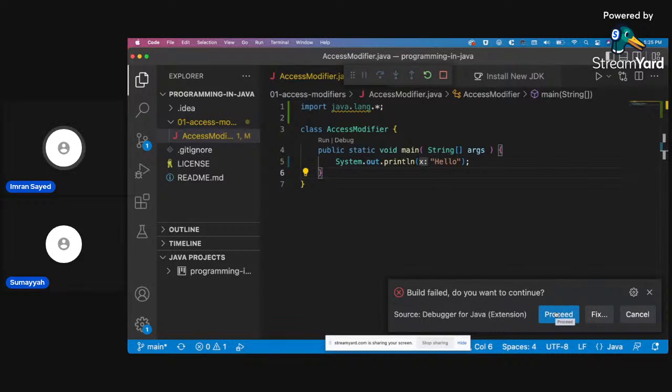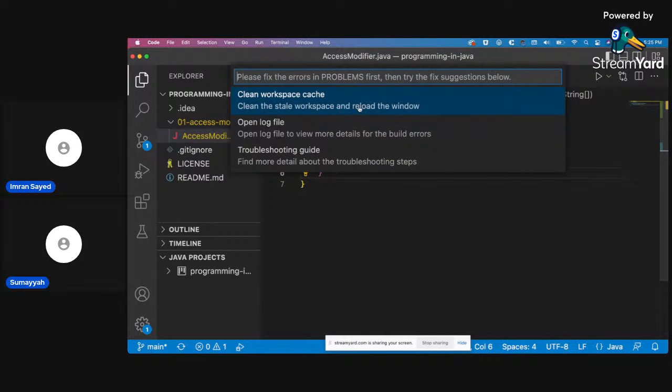Do you want to continue, debugger for Java extension? Fix.